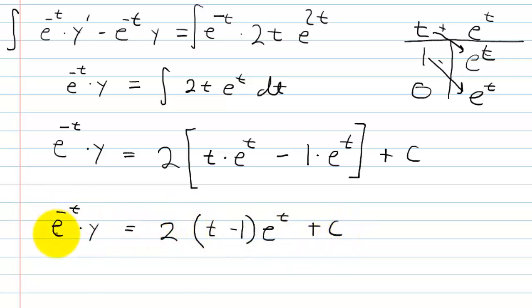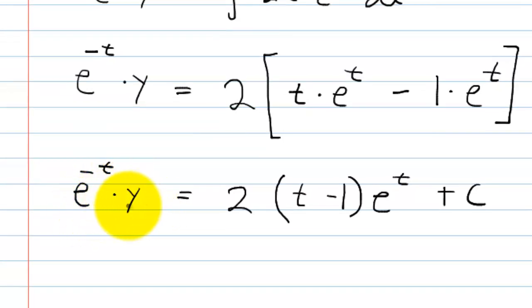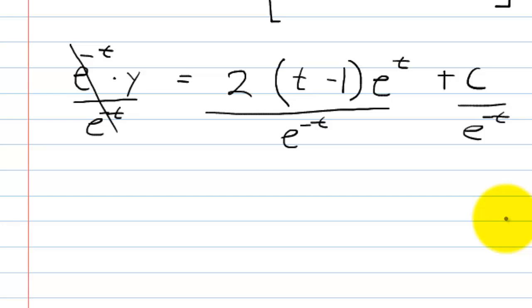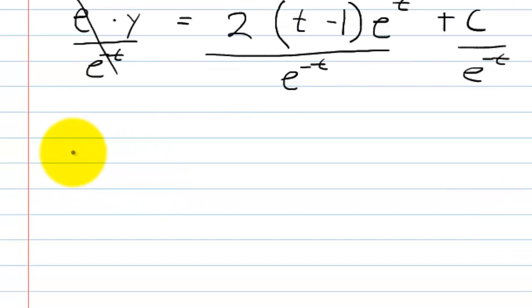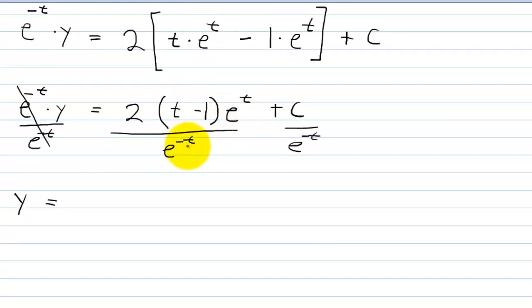And here, now I want to isolate the y. So in order to isolate the y, I'm going to divide by e to the -t. So dividing this by e to the -t, this will cancel. Now I'm going to divide this side by e to the -t. I'm going to divide this by e to the -t. That's going to leave you with y is equal to, and so if I do this, I can flip this. I can rewrite that as e to the